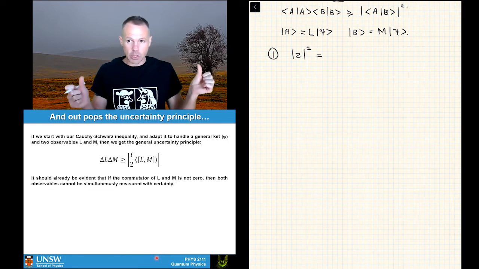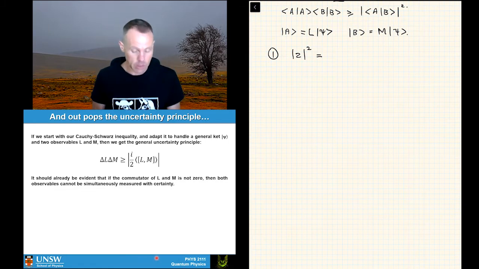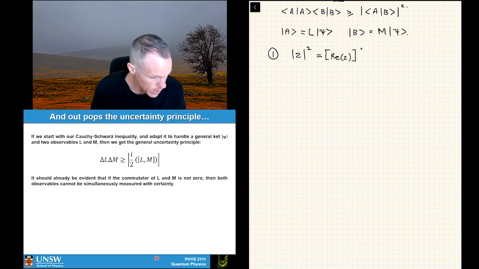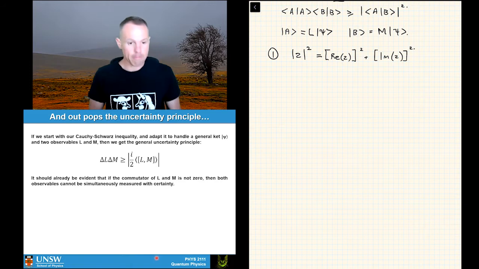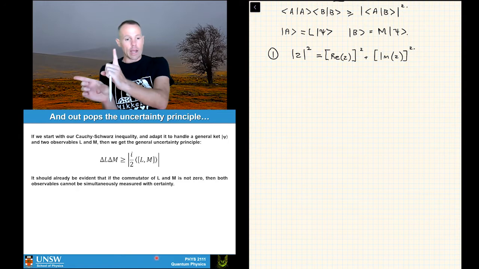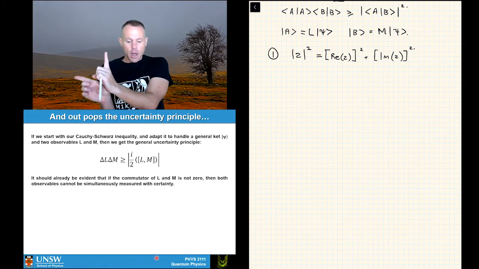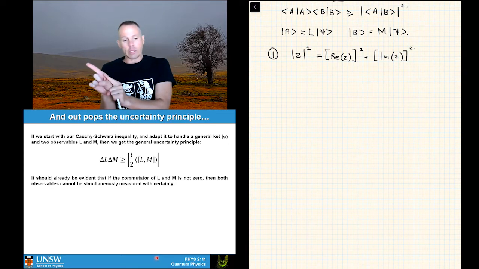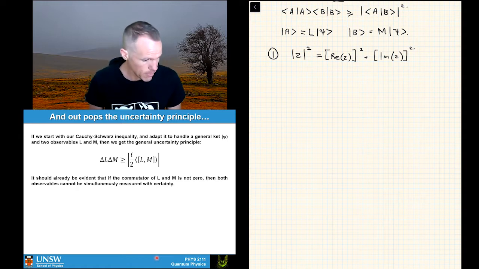This is just a decomposition of any arbitrary complex number into its real and imaginary parts. So what we would have here is real z squared plus imaginary z squared, okay? And so you could think about this in terms of an Argand diagram where you've got your real axis and your complex axis, and those add together to give you your arbitrary z, which points in some direction that's basically just the sum of your real part and your imaginary part. Okay, we all know that.